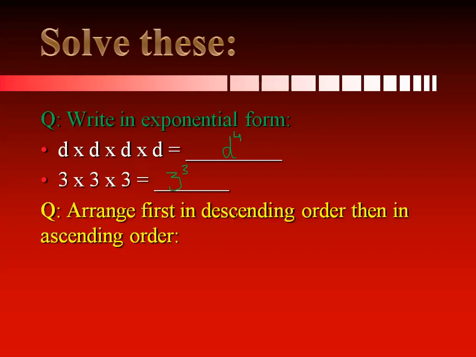Okay, the next question here is: arrange the given four terms first in descending order, then in ascending order. Now arrange these terms first in descending order. First of all, tell me the descending order of this one, along with the sign. I know it is difficult for you to write the power, but please tell me the correct way to write down the descending order of this one. And I know it will take time to type the whole expression, but I am waiting here for you.